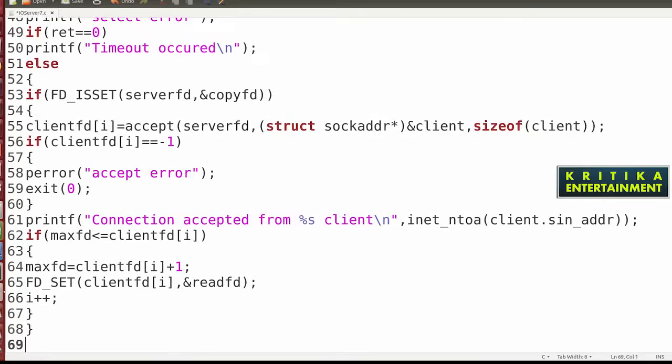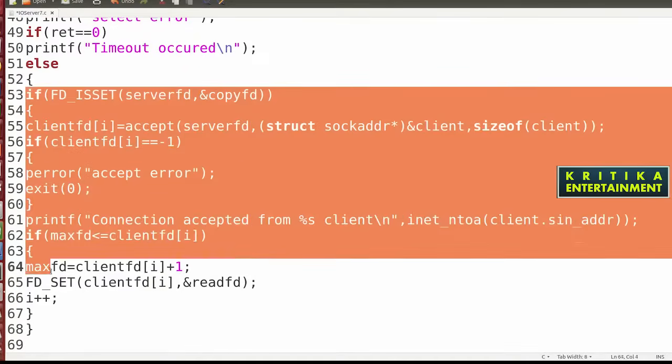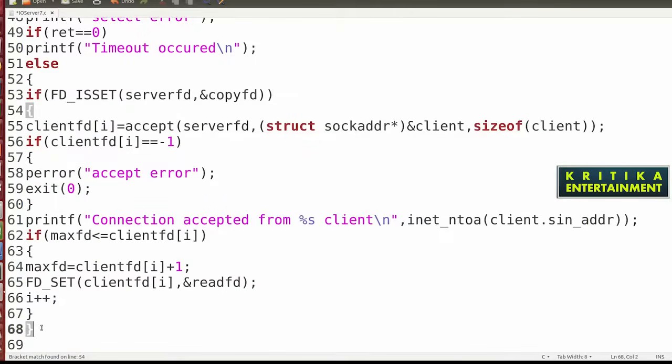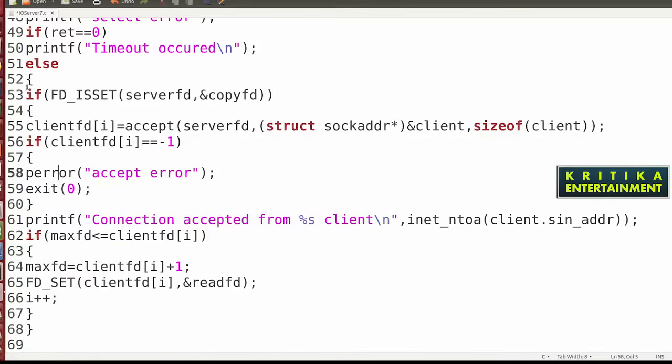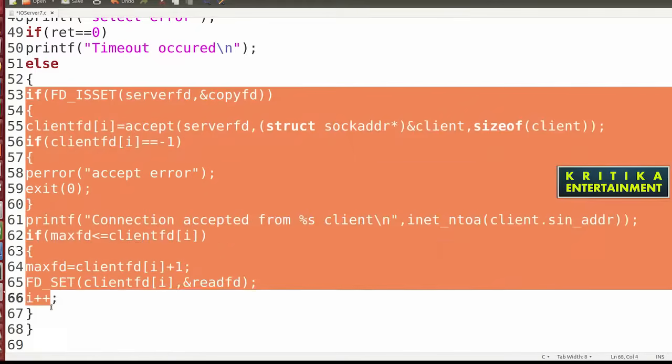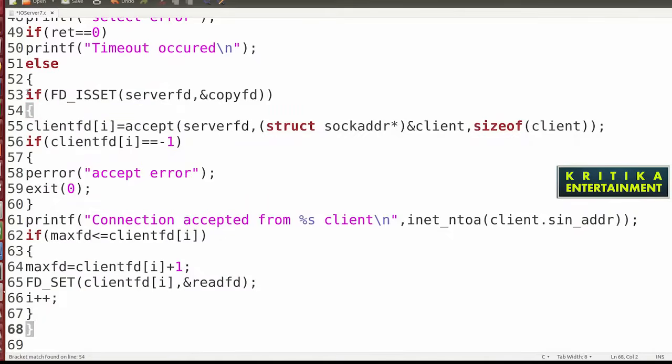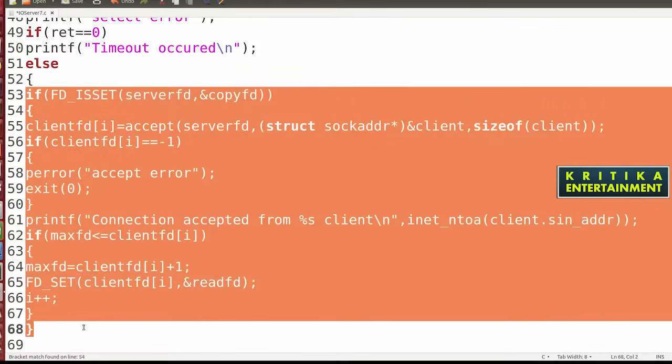Okay, then these things up to this, it is a connection of what? It is the connection code, because in the else part you have to write two codes. One is the connection, another is the data communication, and this connection code is completed inside the else part, okay. These are your connection part. Now we will write the data communication part.